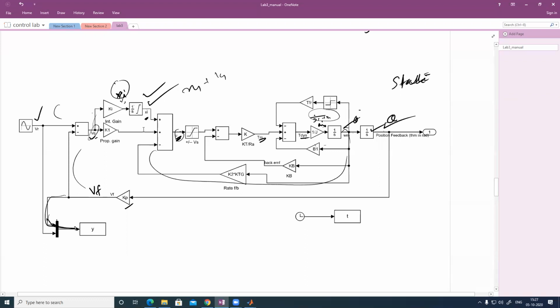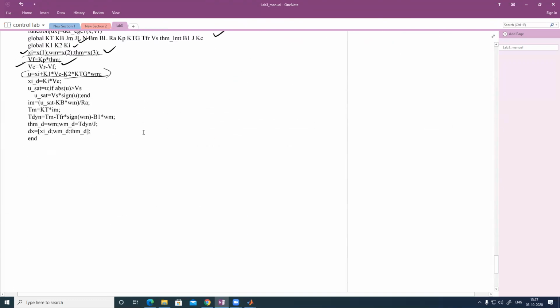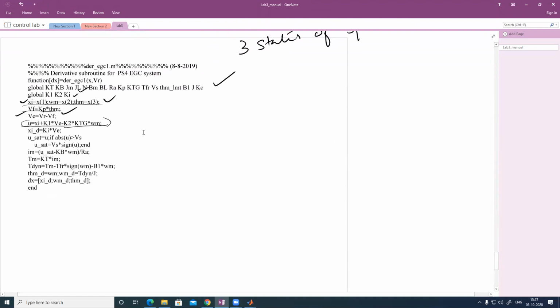For Xi dot we are defining an integrator, and the RK4 algorithm is doing the integration. And U saturation, this is the limit we are applying. U saturation is equal to U; if it is greater than Vs, then you have to saturate it to that value: Vs into the signum function of U. If U is positive, it will saturate to plus Vs. If U is negative, it is saturated to minus Vs. This is the saturation block equation. The saturation block is converted in